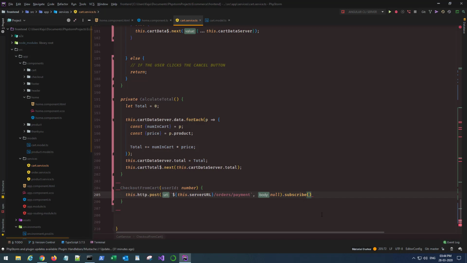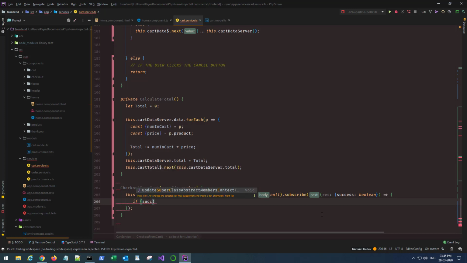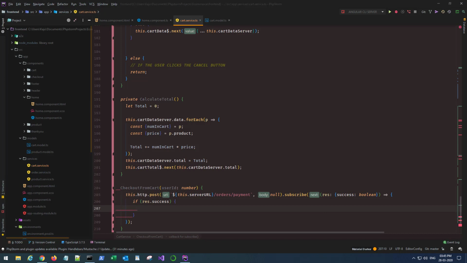This will give me a response which will have a body of success, which will be of type boolean. And let's use the arrow function here. So if success, sorry, restart. So if it's a success, then